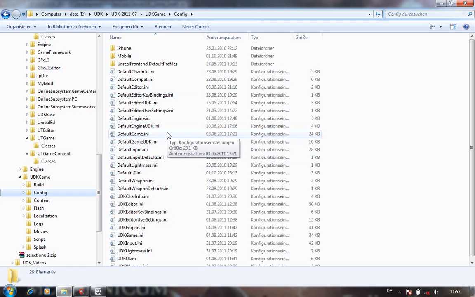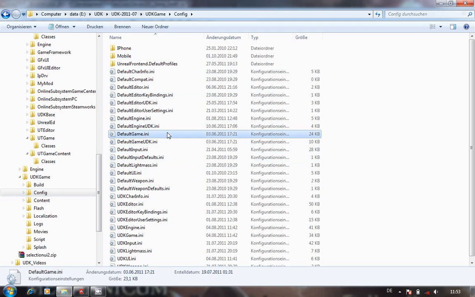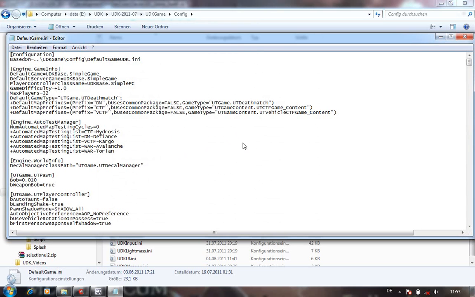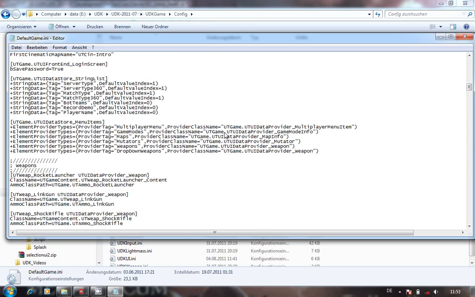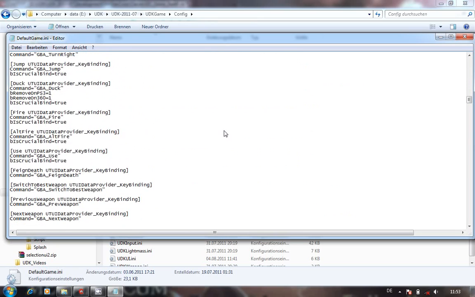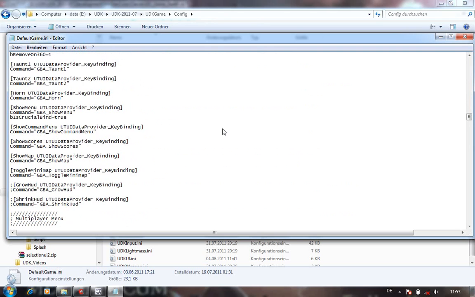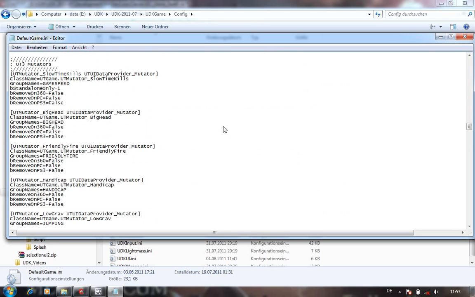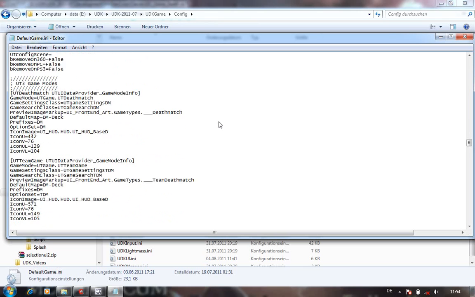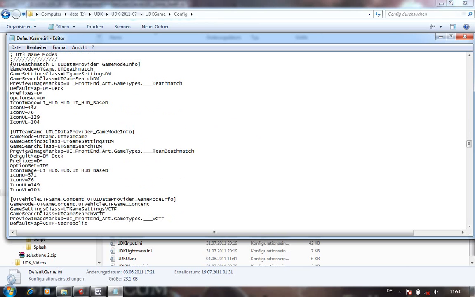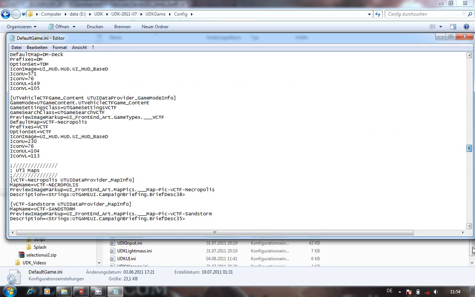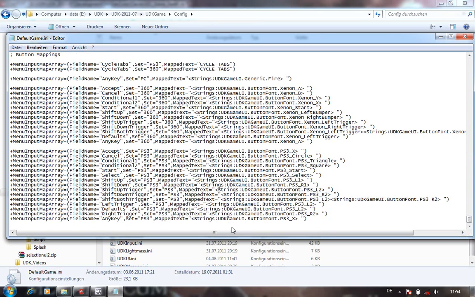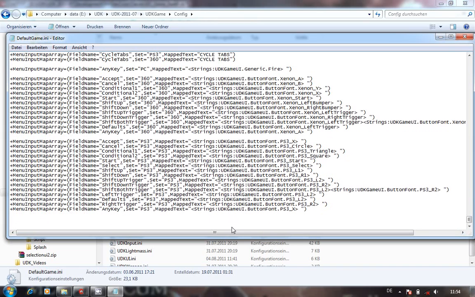So what we're going to do first is open this up. Now here we go, searching, scrolling down, weapons, blah blah blah, because basically what I'm looking for is the INI entry for the game types. Here we go, game modes. So what we're going to do is just copy that, go all the way down to the bottom, and here we go, lots of backspaces,